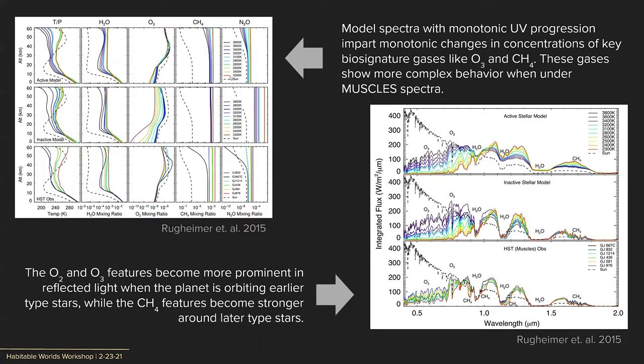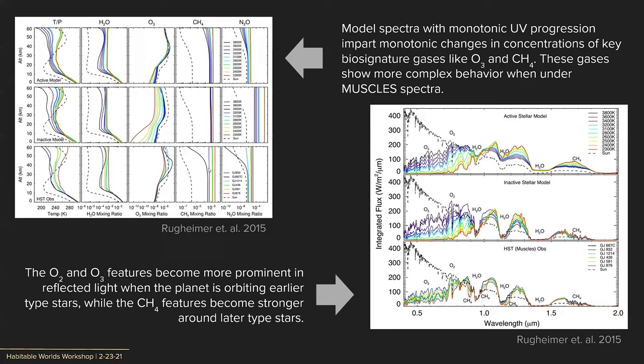And the opposite is true for these cooler stars here. We see some of the same behavior with the semi-empirical MUSCLES spectra. It's a little more complicated for ozone, and these are moving around a bit more. But for methane, we do see it's not linear, but it is a monotonic, I suppose, regression of